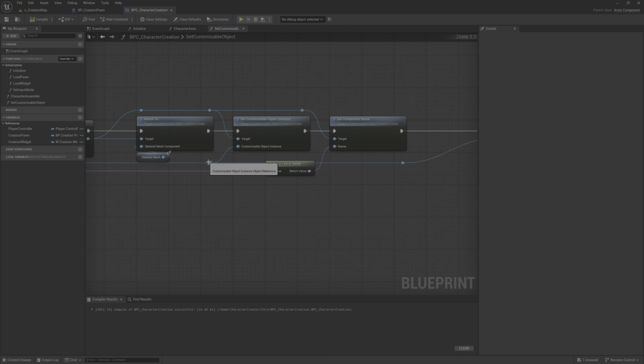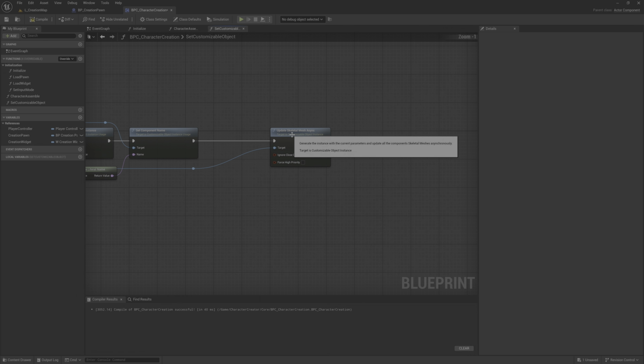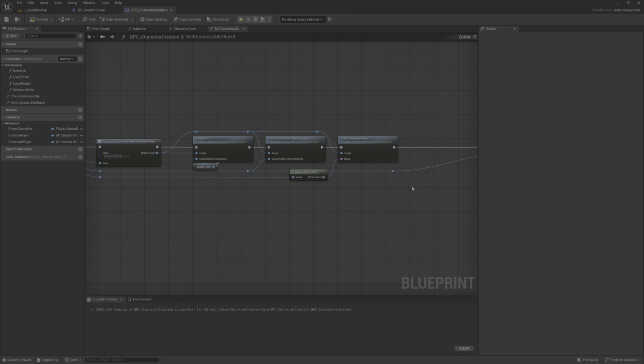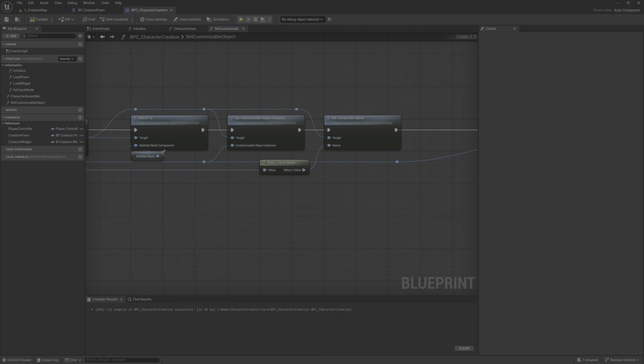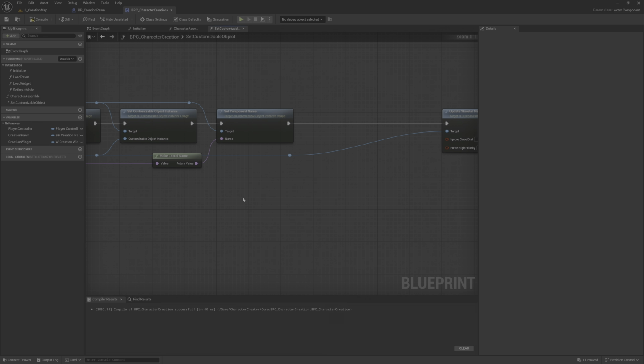It's just like that. Technically that's all, but I want a map that uses the skeletal mesh as key and the customizable object instance as value, because I have to do some stuff later.